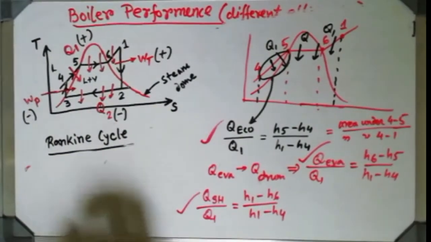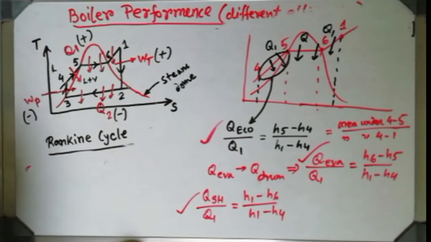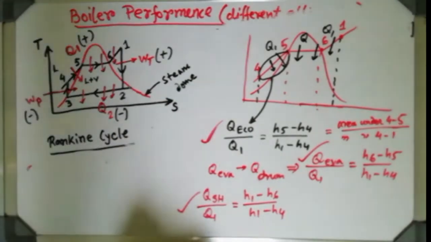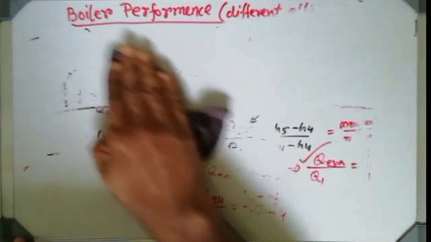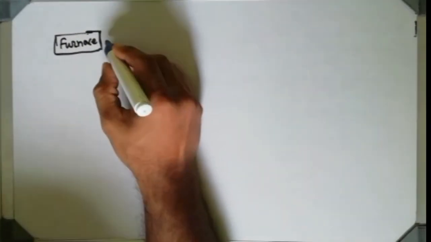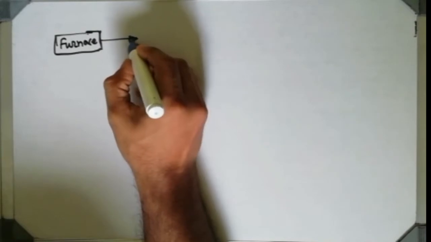Up to this, any problem? Okay. Now after getting all that work done, what are we going to find out? If we want to know the performance, then performance can only be judged if we know the efficiencies. So now we are going to find out the efficiencies. If I make a block diagram, it will be easier for you people to understand. Suppose there is a furnace. From the furnace the heat is being liberated, and that is the main amount of heat.